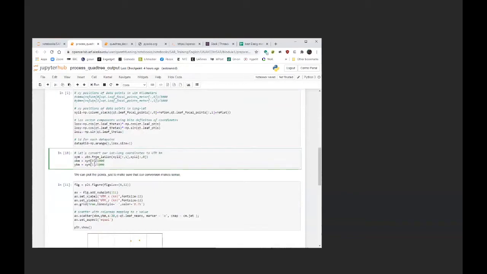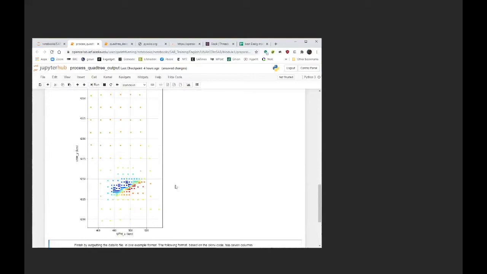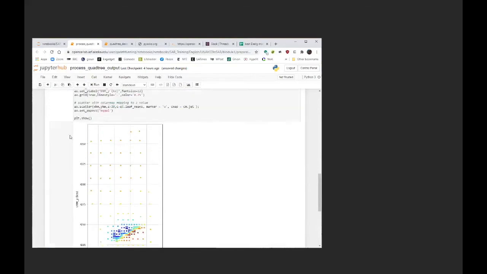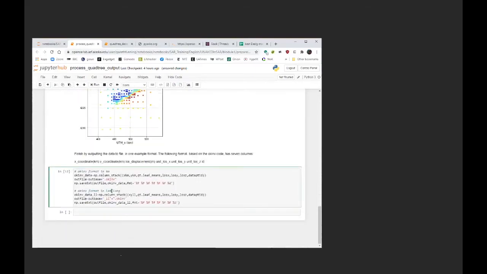OKIN format requires coordinates to be in kilometers, and so this is just doing a coordinate conversion to kilometers for those pixels, and we can plot the output and see what they look like. And this is what our downsampled data set looks like when you plot its coordinates in kilometers with its displacement values in meters. And the last cell will output this to some text files. It'll output the lat long data to one file, and it'll output the same data but with UTM kilometer coordinates into another one. And if we do a listing here,